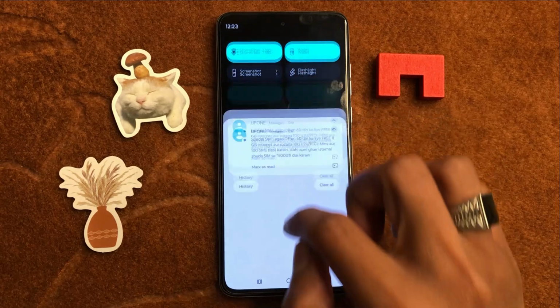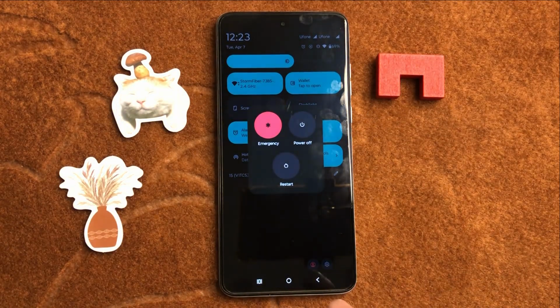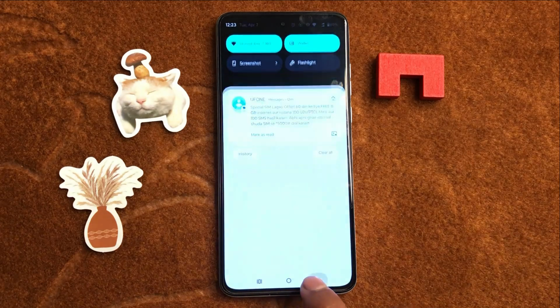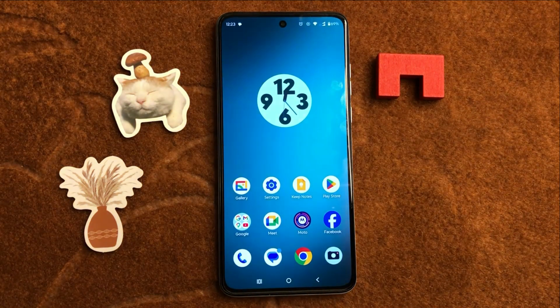Swipe down, open the quick settings panel, click on the power off icon and click on restart. After clicking on restart, your device will restart. This is how you can fix mobile data is slow